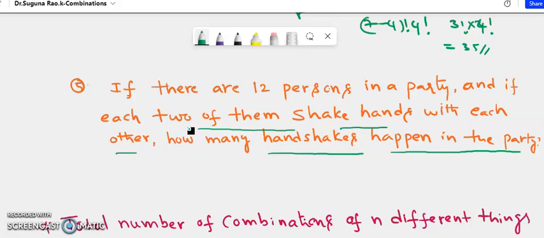Okay, so to make one handshake, 2 persons join hands, that is how a handshake happens. So that's why here we choose 2 persons out of 12 persons. That's why here n equals 12, r equals